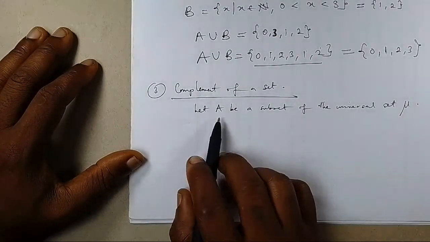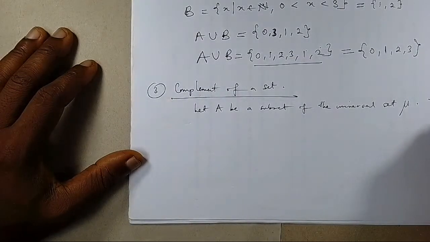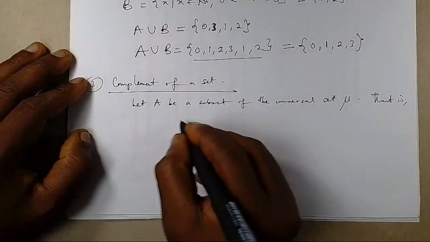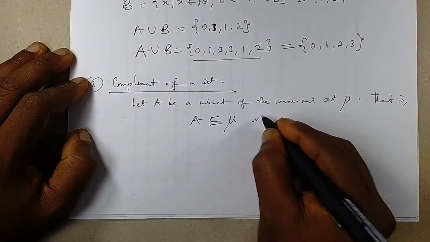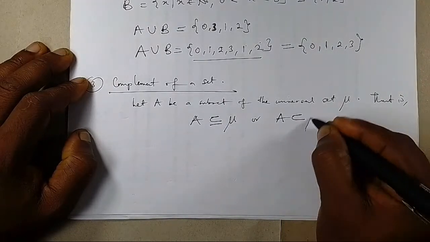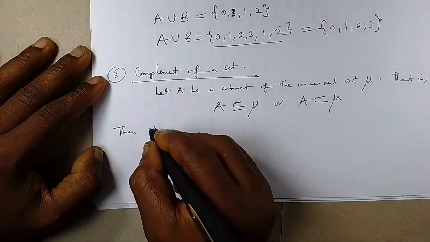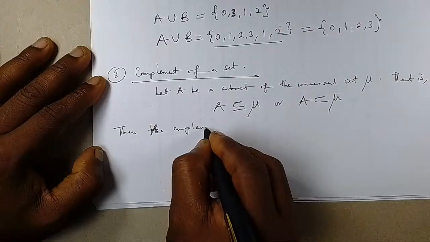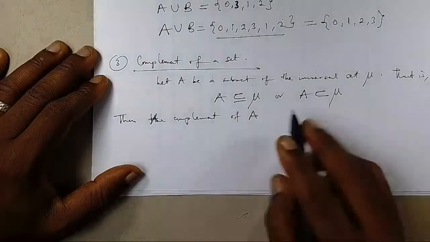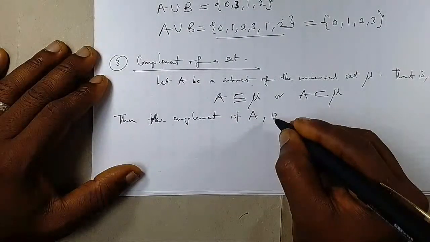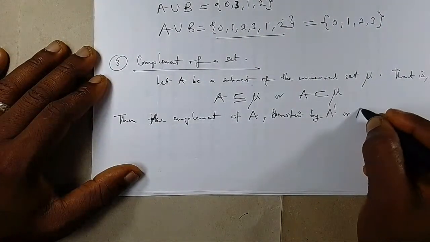So if there is a set A that is a subset of the universal set, or particularly let's use the proper subset, then what we call the complement of A, denoted by A prime or A^C,